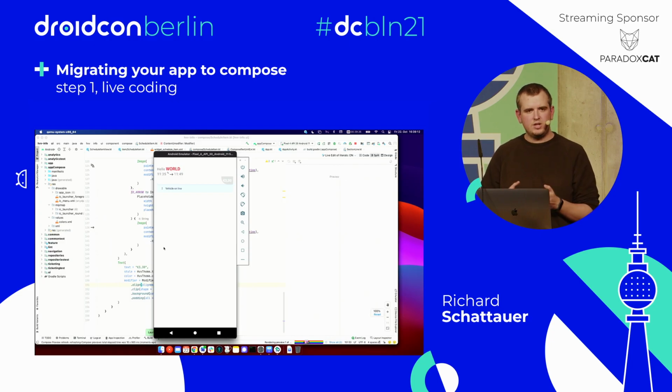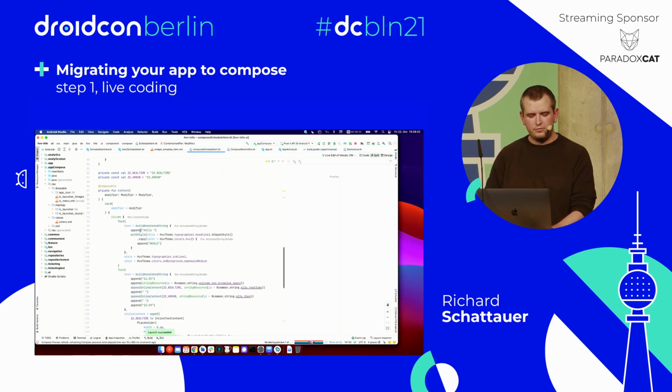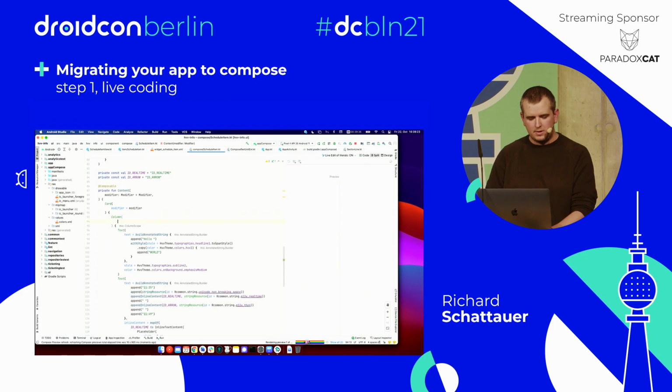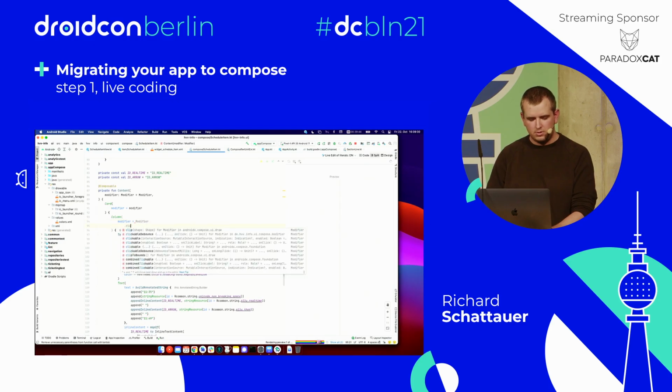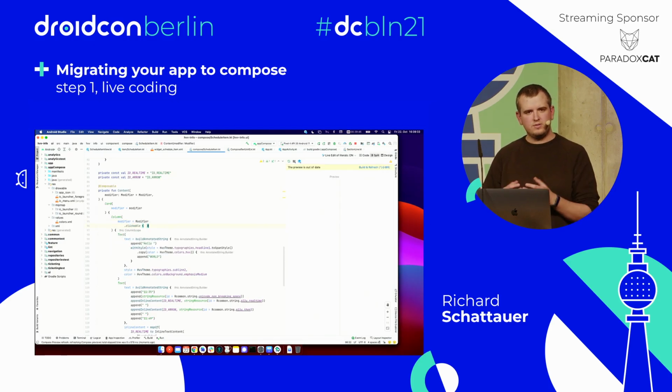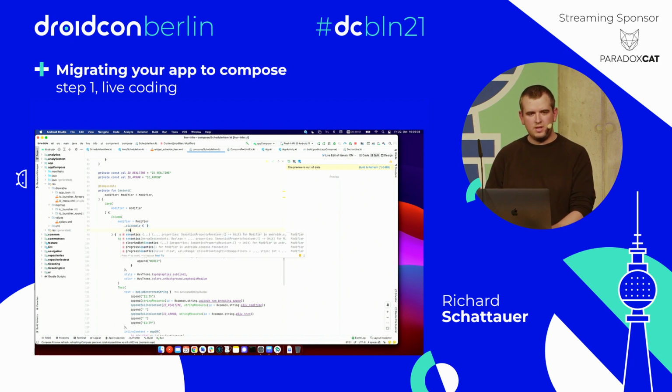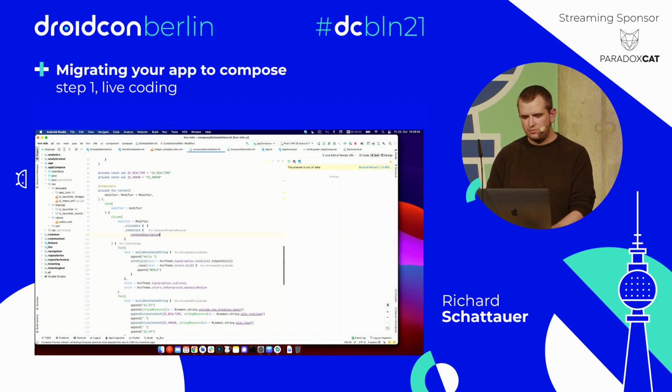So if I want to change that, maybe to not read the times or also include the price in that character, I would have to use a modifier called semantics. So on my column here, for example, I put a new modifier and make it clickable. And when this is clickable, this is also focusable in accessibility. But when I do semantics, I can change the content description of that one to read whatever you want, right? So you can again put any string here and this grayed out.